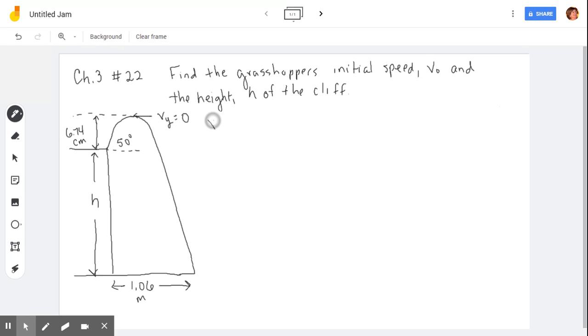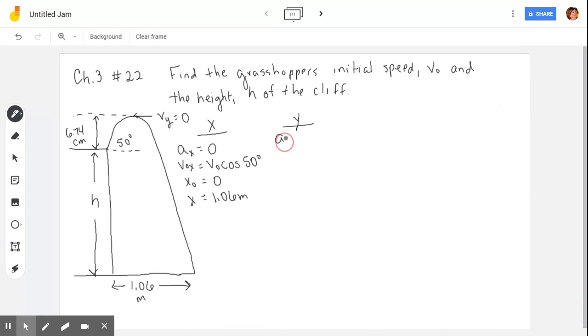If we look at what's going on horizontally, the acceleration will be 0. The initial velocity is just the horizontal component of the velocity, v0 cosine 50. The initial position, of course, started at 0 and it ended at 1.06 meters. And there's all our given information about what's going on horizontally. Vertically,